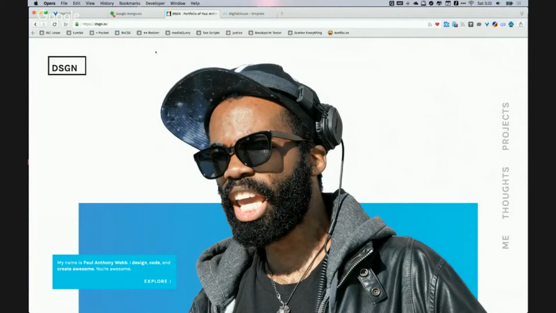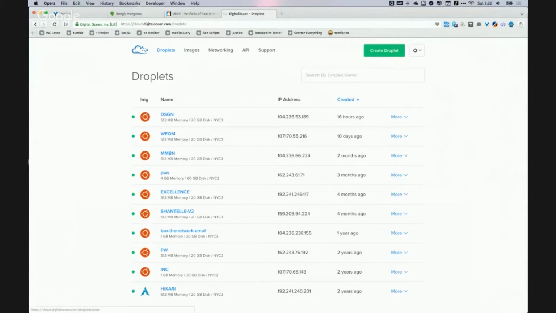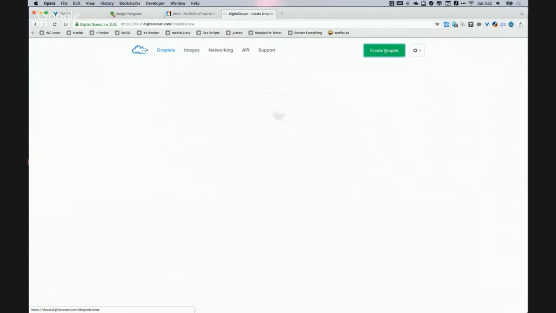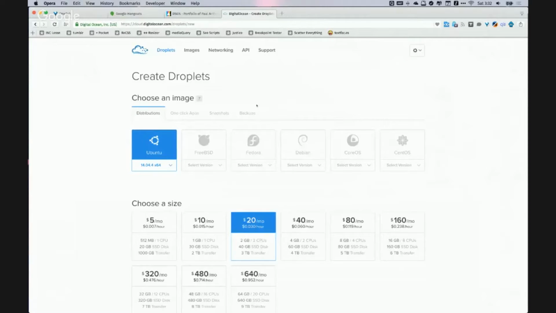Last night I actually had an issue with updating the kernel for this particular site, and the site was down for several hours as I figured it out, but it wasn't such a bad thing. So I figure I would go through creating the server and all that good stuff,